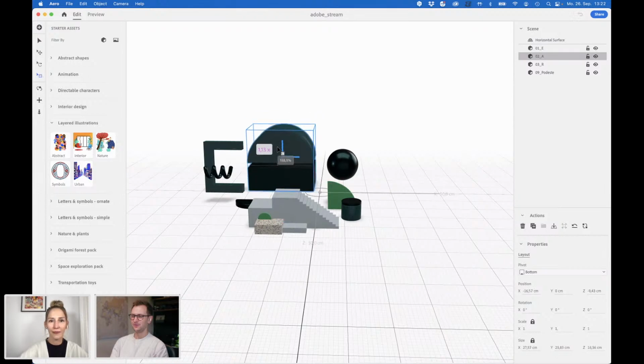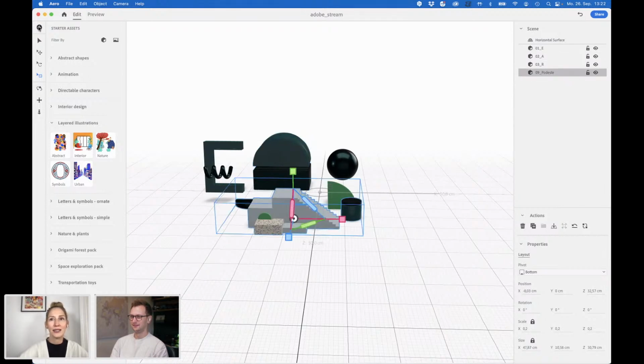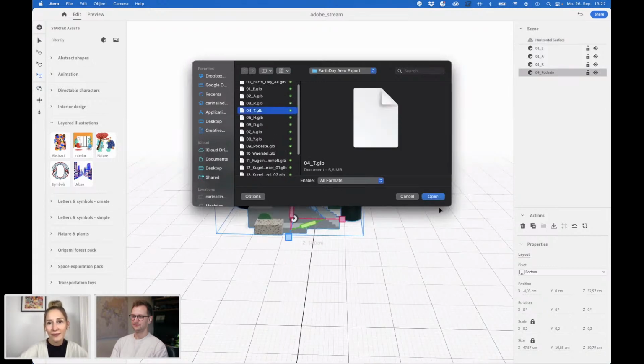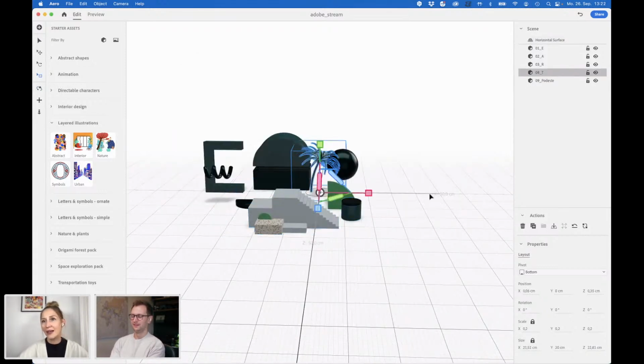Okay, so I guess we're dragging in different assets here and building up a scene. Exactly. I'm adding all the assets, and then we can play around and add some movement. And in the end, we want to touch this one.